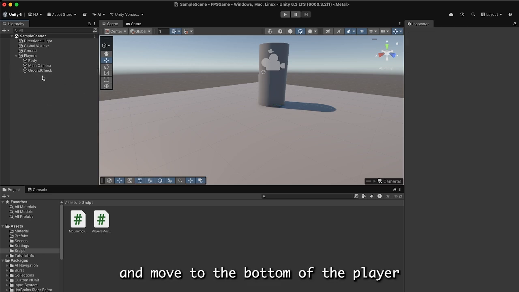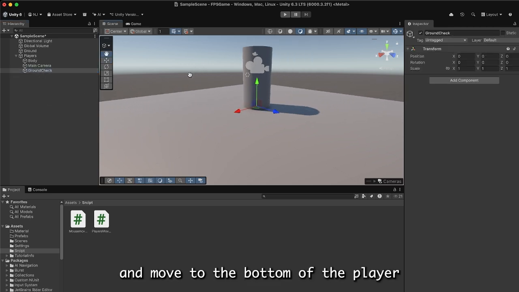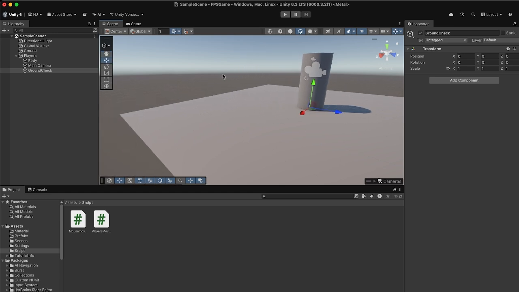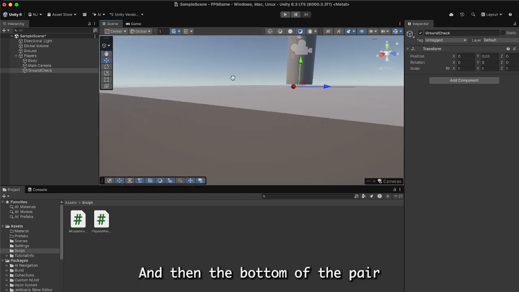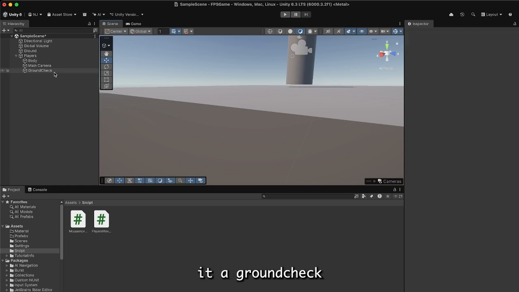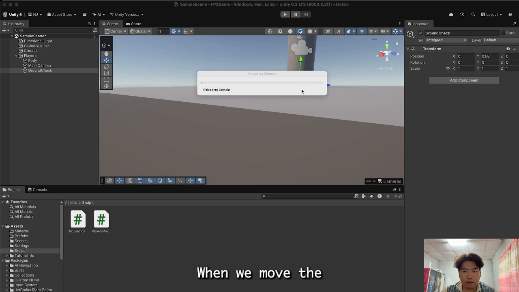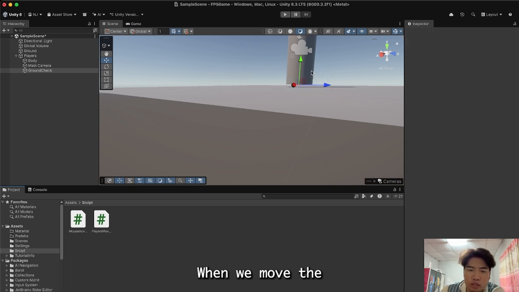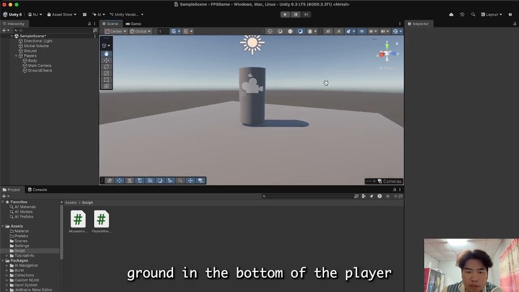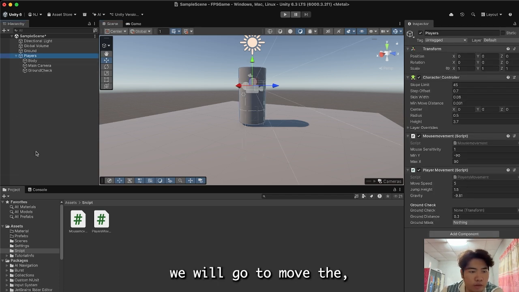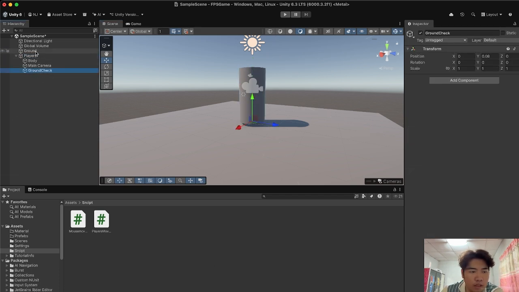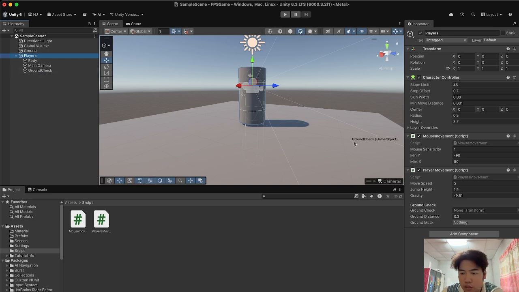Check and move to the bottom of the player and set it, and at the bottom of the player is cow check. Okay, when we move the cow check in the bottom of the player, we will go to move the cow check to the cow check,